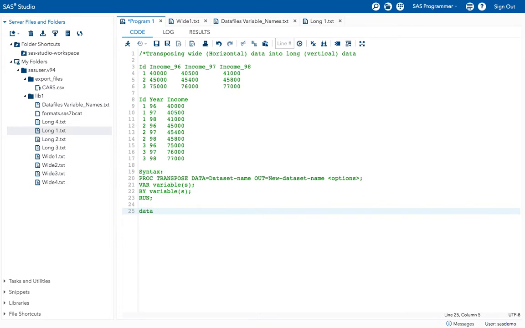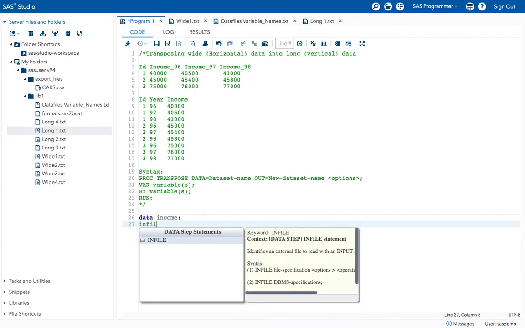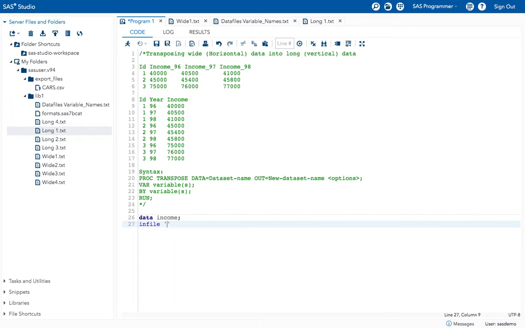Data, okay, so I'm taking the data name as income. And how we get this file into the SAS environment, we have seen that yesterday, right?